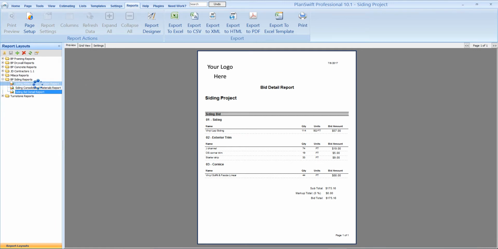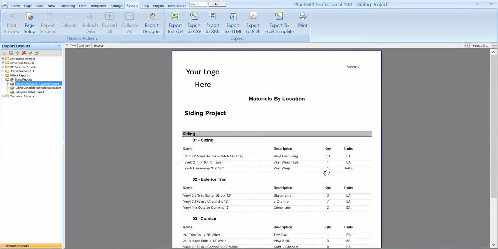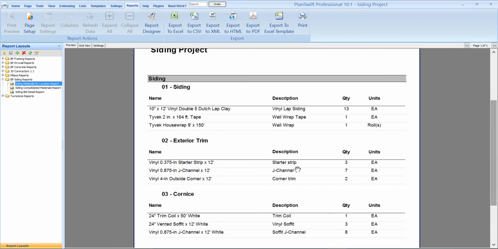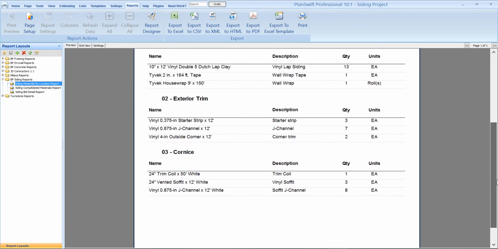If we take a look at our materials by location report, we can zoom in here. In our siding location folder, we've got our siding material, so we can see that we've got 10-inch by 12-foot vinyl, double 5 Dutch lap clay. We need 13 pieces, and it gives us our Tyvek and Tyvek tape. For exterior trim, we've got our starter strip, 12-foot pieces. We need 3. It gives us a piece count for all of our materials, our J channel, our corner trim,